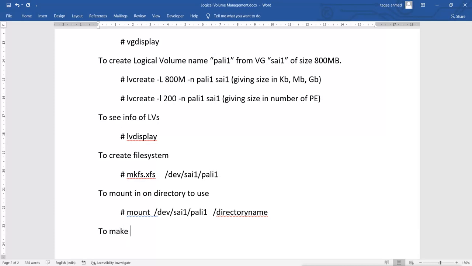After that we can make it permanent. To make it a persistent mount, that means after reboot also our partition must be mounted, what we do is add an entry in the fstab file.